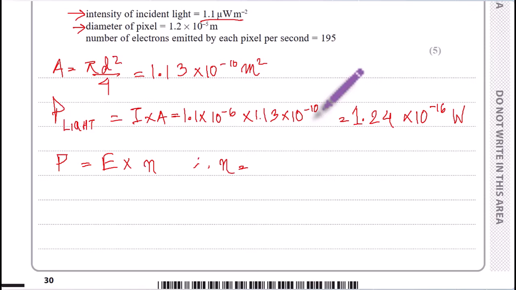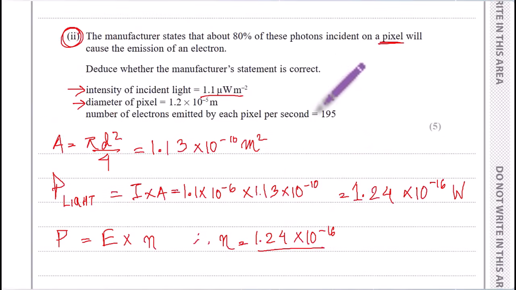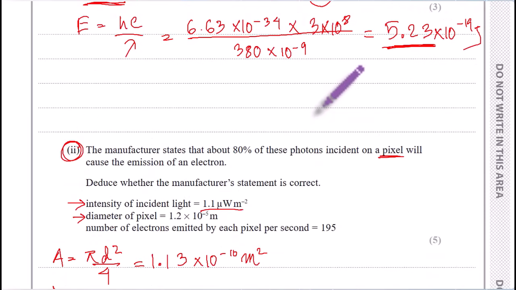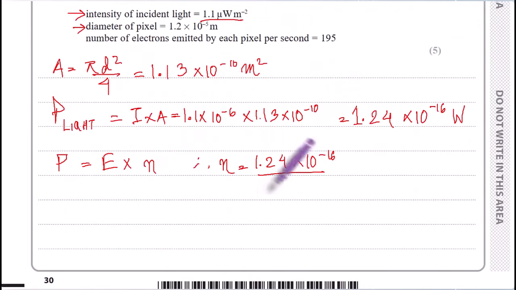So N, the number of photons, would be power divided by energy. Power is 1.24 times 10 to the power minus 16, divided by the energy that we just found previously, which is 5.23 times 10 to the power minus 19. And this gives me